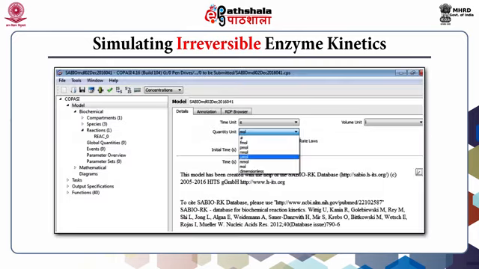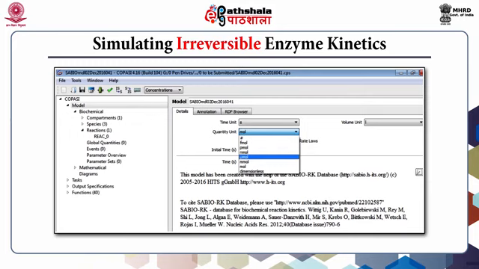The opening working space panel displays the general information regarding units and literature for publication of the model. Expand all nodes in the navigation tree. The nodes can be expanded by a single click on the symbol of the node or by a double click on each of the names. So open model, then biochemical, then species, then reactions. Now set the quantity units to micromole in the working panel